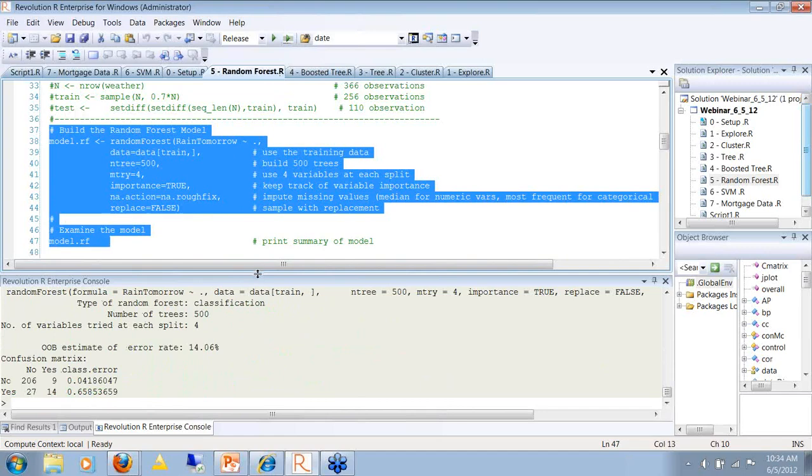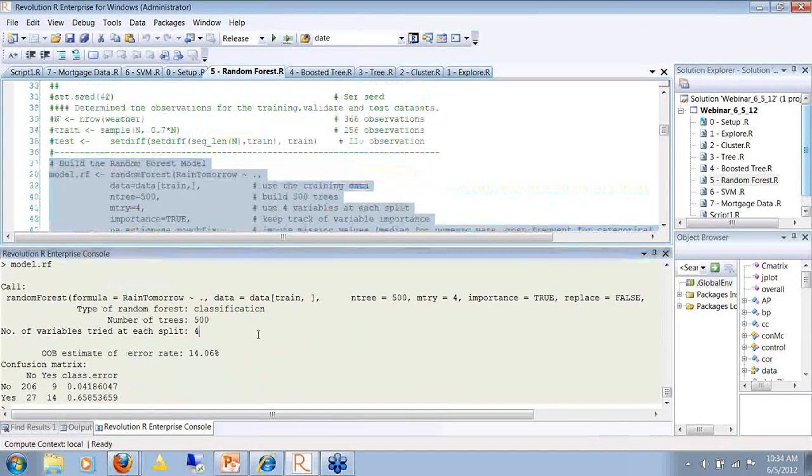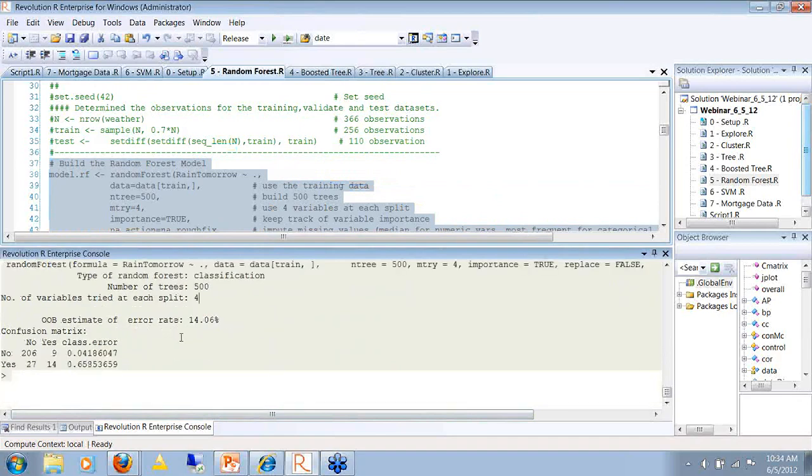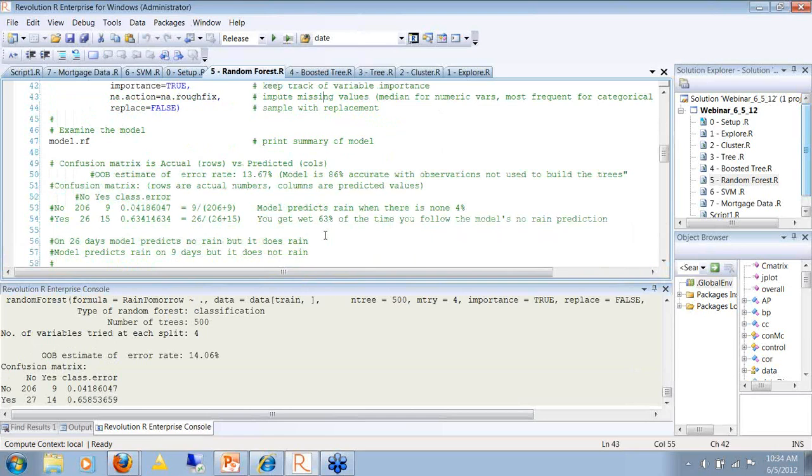So here's the random forest. These are small models, so you see everything running almost instantaneously. Again, a summary of the model, and here's the out-of-bag error rate that I mentioned before. Here's the confusion matrix. R's functions automatically provide it.